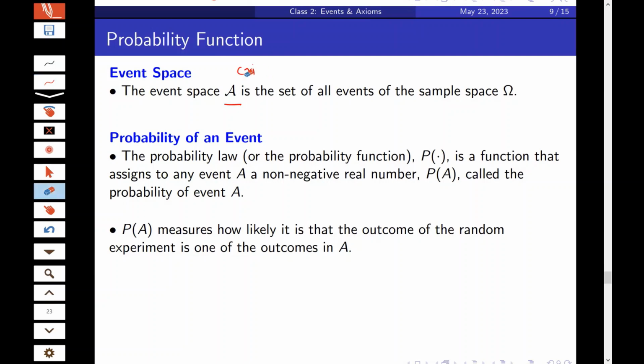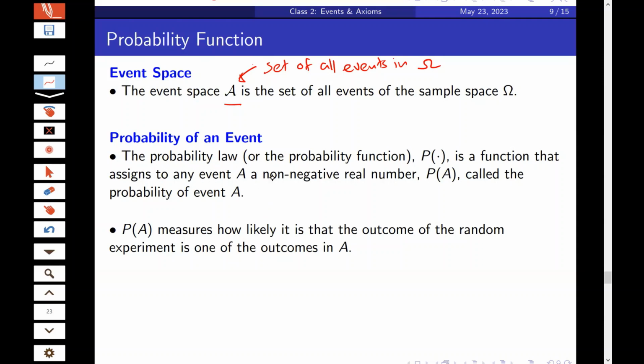So this denotes the set of all events. So this is the set of all events in omega. Okay, so it's a collection of all events in omega. Then the probability of an event is